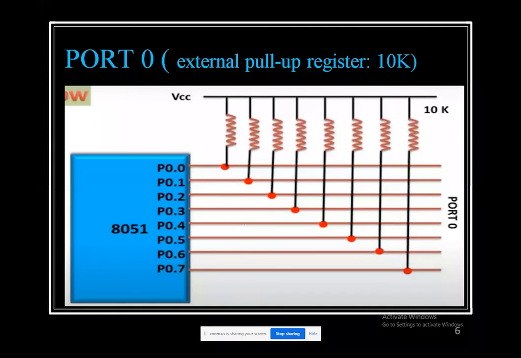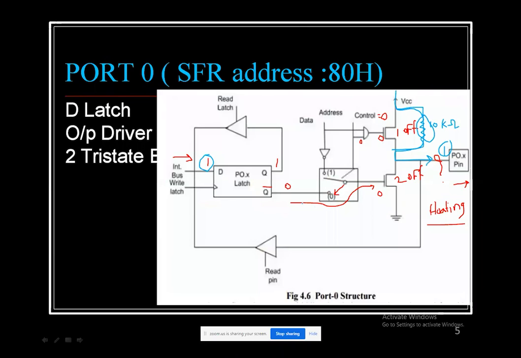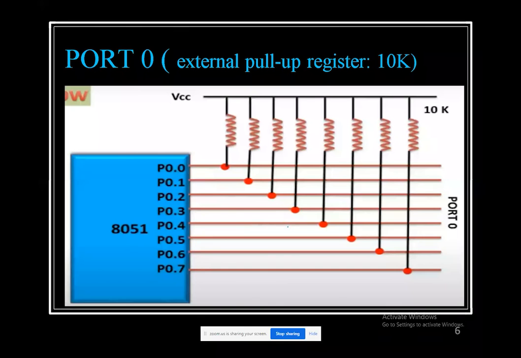This is the general question: why is a pull-up resistor compulsory externally for port 0? So that is what the answer is here. This is the scenario, and in this case both these FETs are trying to become off, which is known as the floating condition, and to avoid this floating condition, a pull-up resistor is added. And for each pin, a 10k pull-up resistor has to be connected in this way, if it is to be used as an input output pin.